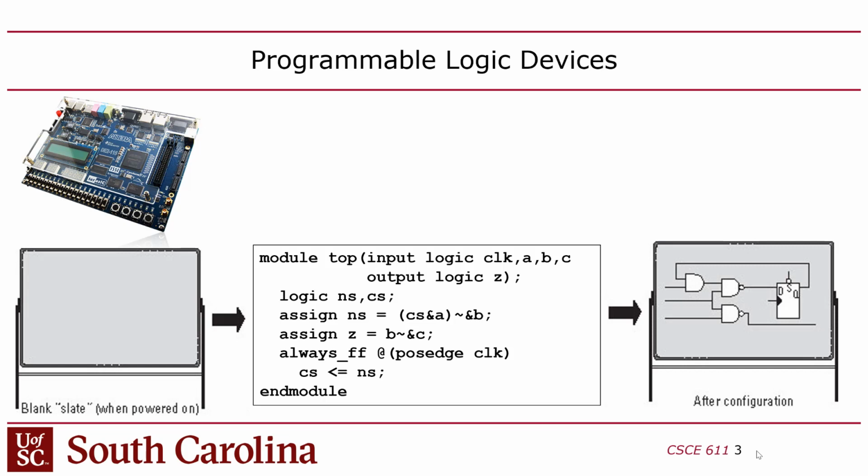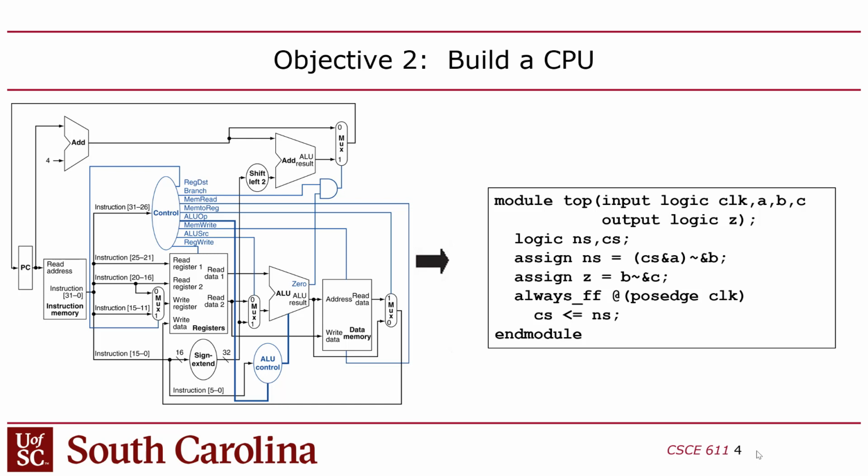Right? And so here's a little snippet of Verilog that implements this circuit. The HDL we use is called Verilog or SystemVerilog. So you start out with a blank slate when you power it on, and then you compile this SystemVerilog design and use that to electronically program the FPGA, and now you've just made hardware. You've just made a circuit. And so basically, we're extending the techniques you learned in 212 to design hardware,